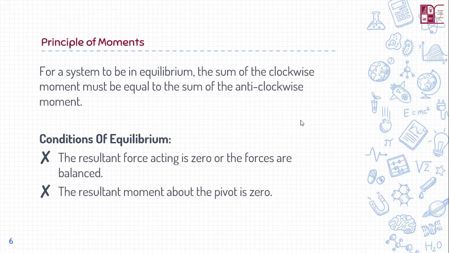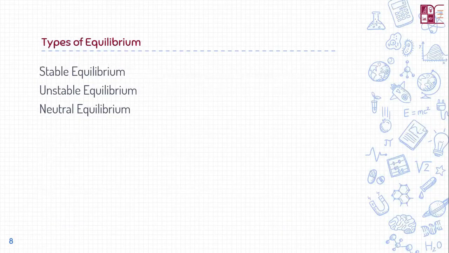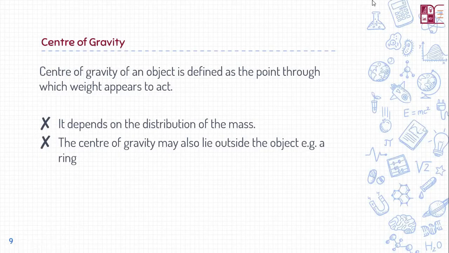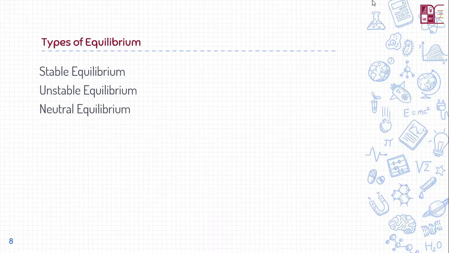Now, moving on to the center of mass, we've got three different types of equilibrium. We've got stable equilibrium, we've got unstable equilibrium, and we've got neutral equilibrium. So, for the stable equilibrium,